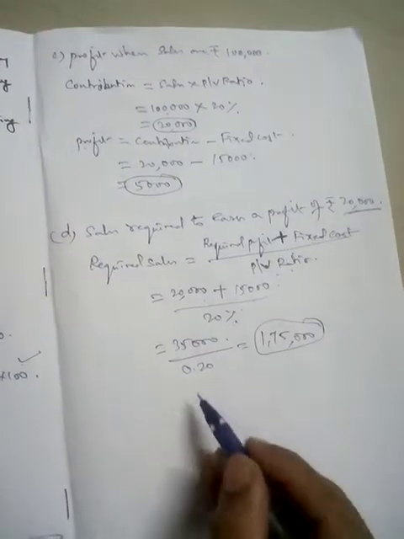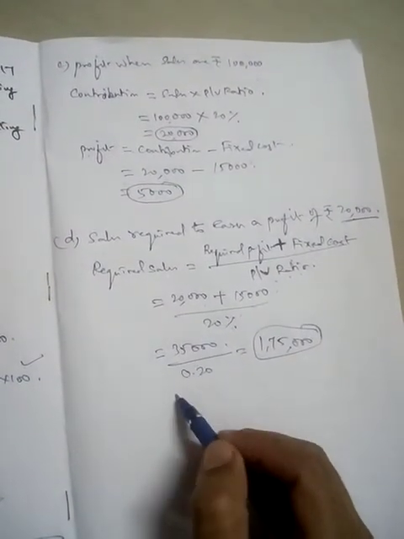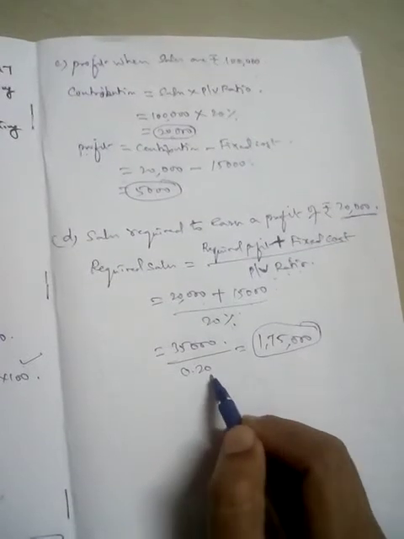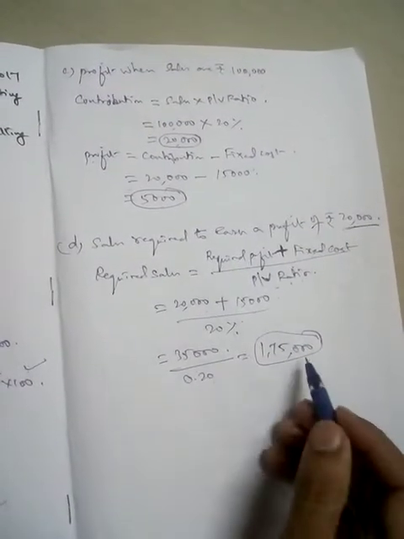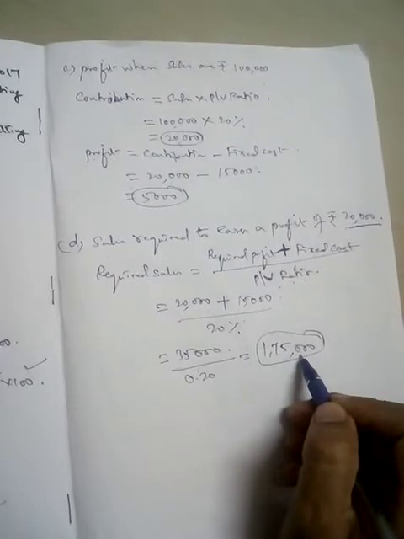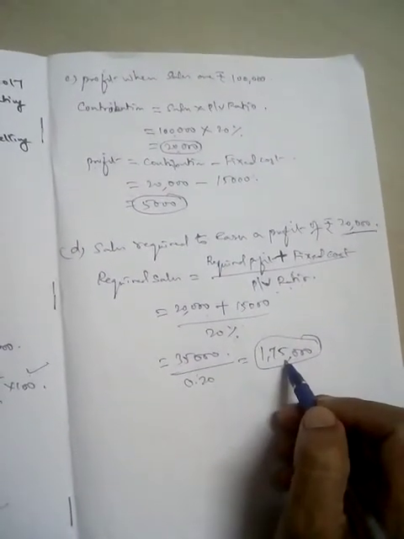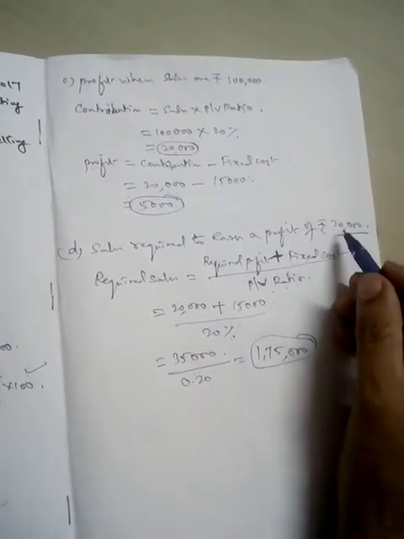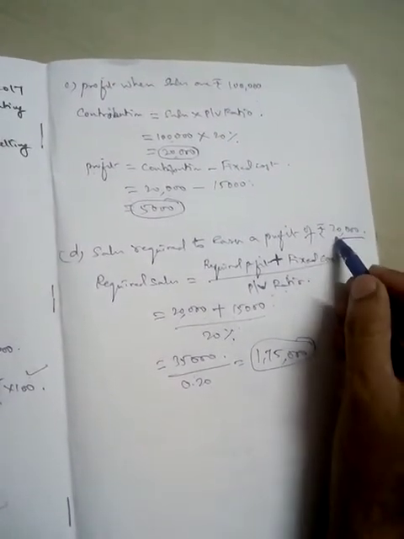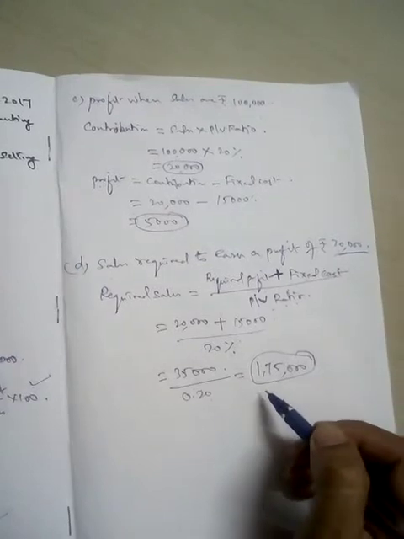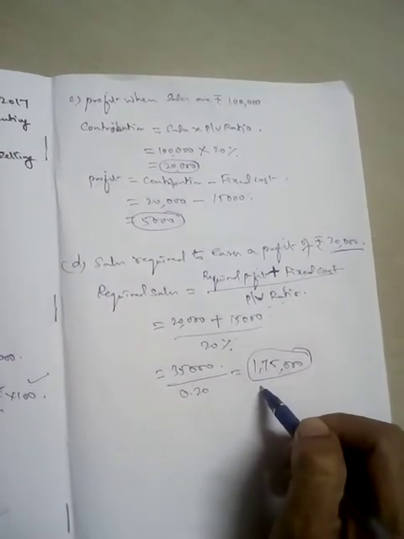If you simplify, that is 35,000 divided by 0.20, you may get 1,75,000 as the sales required. That means if you want to get 20,000 rupees profit, you have to sell goods worth rupees